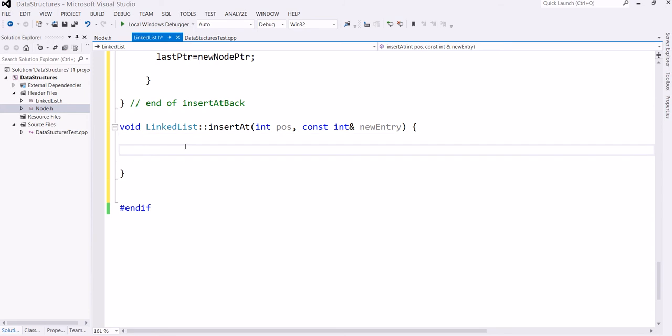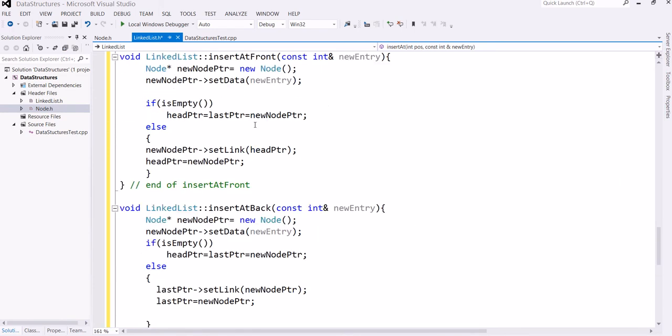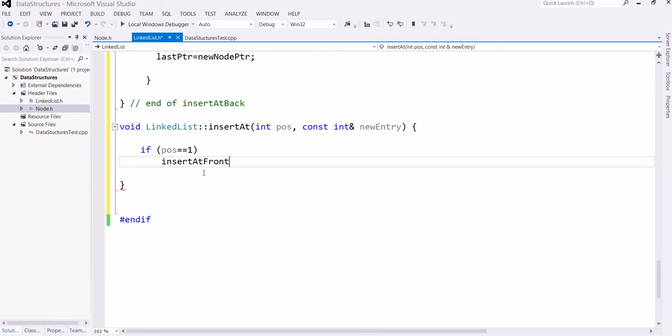So let's say we may have three cases. If position equal to 1, then very simple, right? We can call this function insert at front. Then insert at front we will call, and a new entry we will provide. So first case, if the position is 1, right? Else if